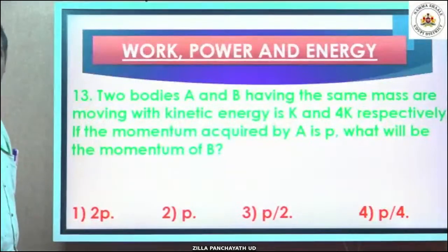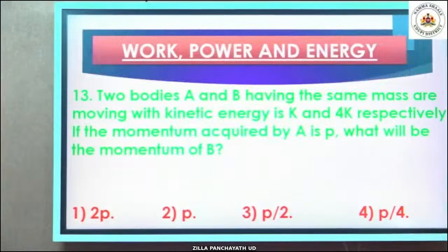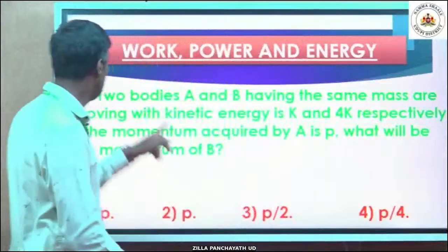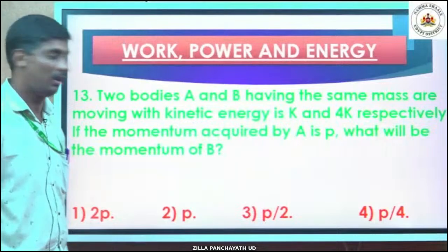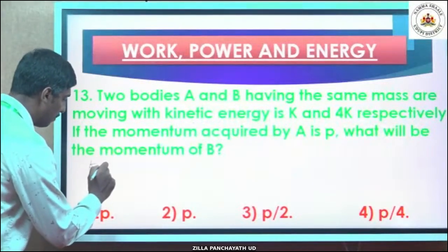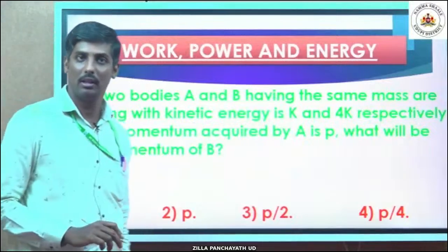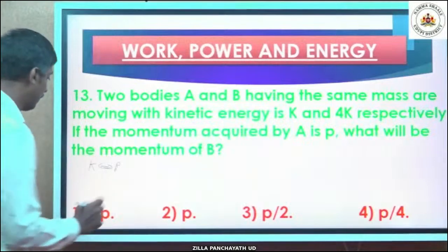Next question. I am going to a formula section, students. Remember, now you need a formula. Two bodies A and B having the same mass are moving with kinetic energies K and 4K respectively. If the momentum acquired by A is P, what is the momentum of B? Here we are speaking about kinetic energy and the momentum. There is no direct formula, but we can make it. Clear? Okay, so remember, students, the relation between kinetic energy and the momentum is